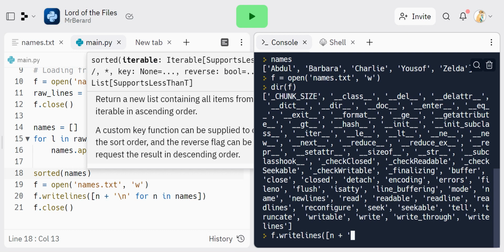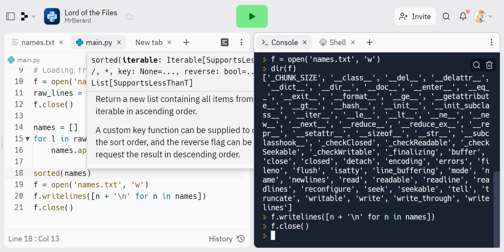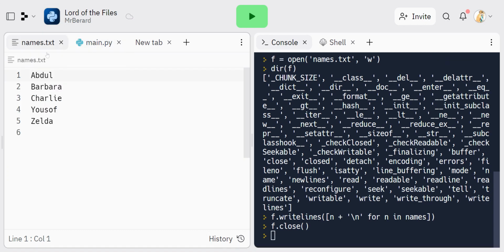n plus a carriage return, new line, for n in names. I love list comprehensions, very Pythonic. Did that work? Let's find out. Close it. And then let's have a look. And look, they're in alphabetical order, and there is a new line at the end of the file. So when this comes back in, if I load it back up,